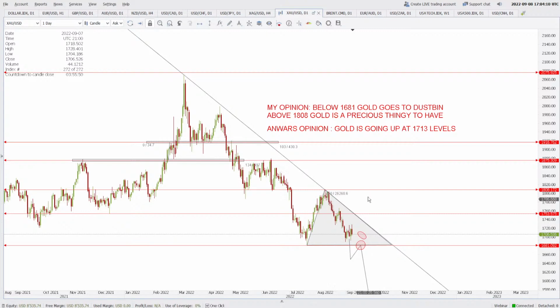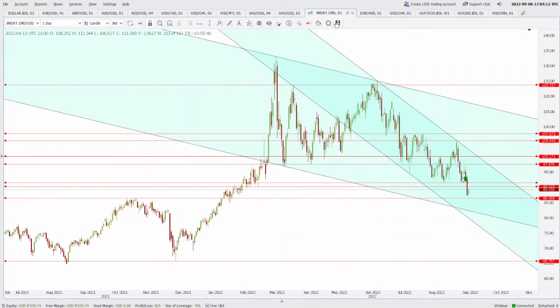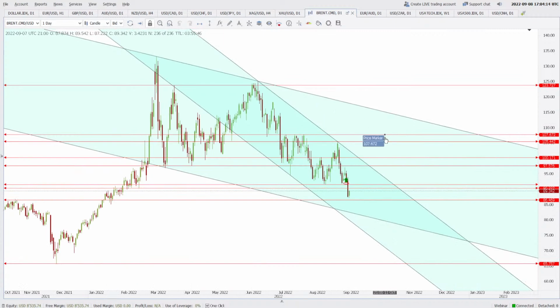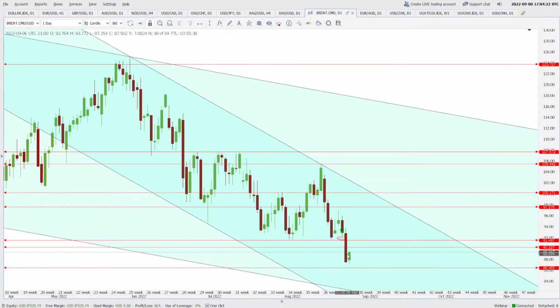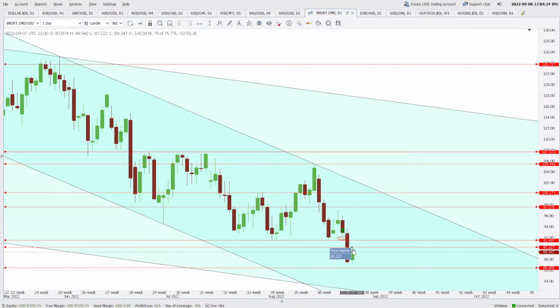Okay, till that time we will not enter this gold area. So why I'm saying that Brent is falling: yesterday it gave a close well below the support of 90.22. Now the bulls are going up again to test that broken area of support, to test whether it is now fresh resistance, or they may go up.